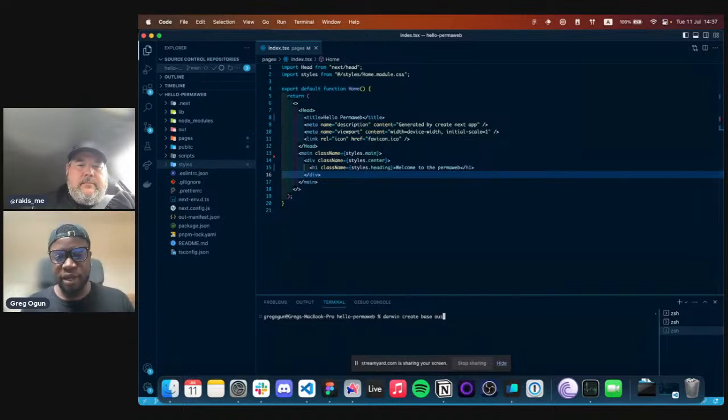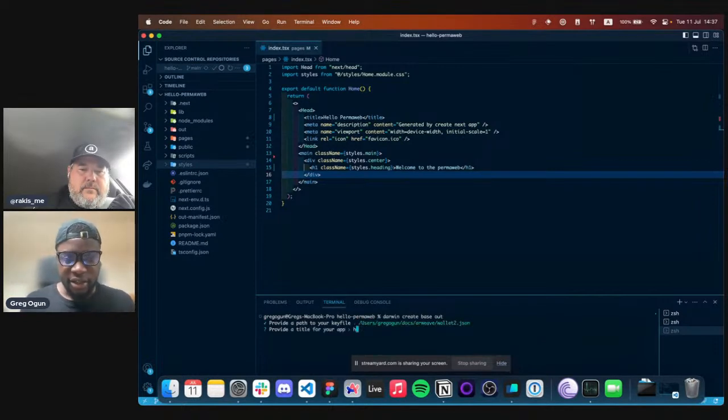Also, as additional information, you can run a help command, which will show you all of the command line flags that you can add. But for the sake of this demo, I'm just going to allow it to prompt. There are a few required arguments, so if you omit them, you'll be prompted, as you can see here. So we'll quickly run through this flow. I'm going to record something simple like a hello world app, and we can add a group ID. I'll say hello Perm web 1.